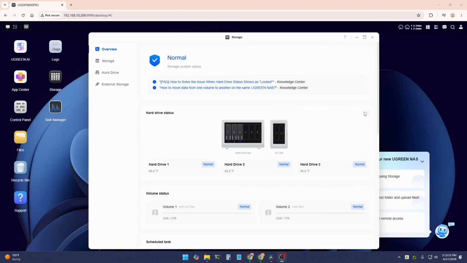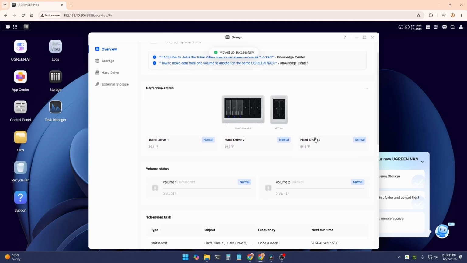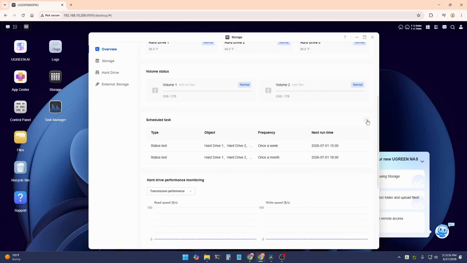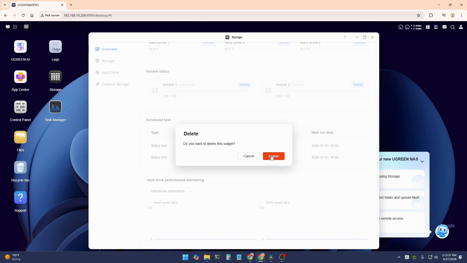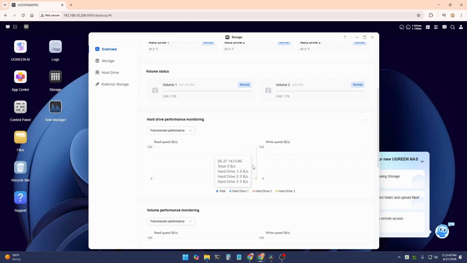You can also click on, it's very faint, but you can hit the 3 ellipses dots, and you can move widgets up and down in the panel. If you so choose, you can also delete them. So you can hit this, hit delete, confirm it, and there might be some that have other items to display, like, oh, I want to see hard drive 1, hard drive 2, hard drive 3, or however many you have, like we talked about before, and you'll get the appropriate metrics as well. So you've got a couple different